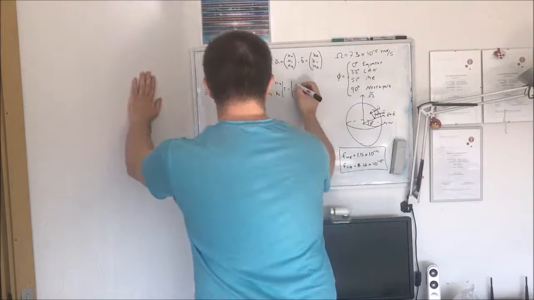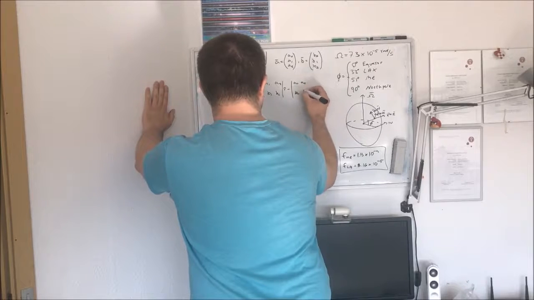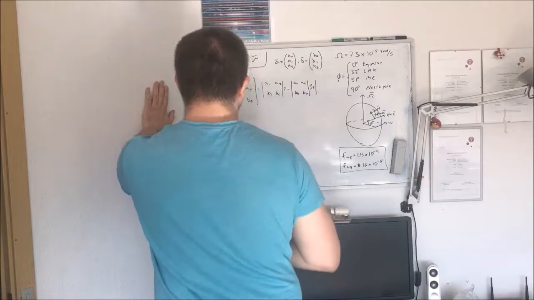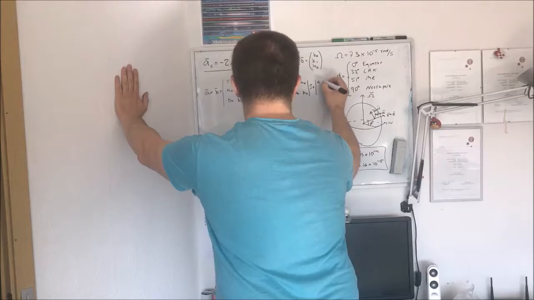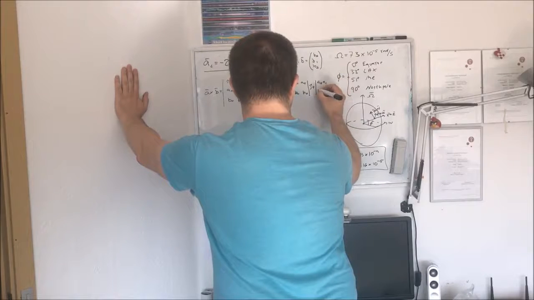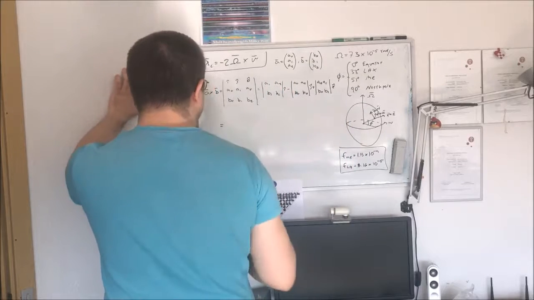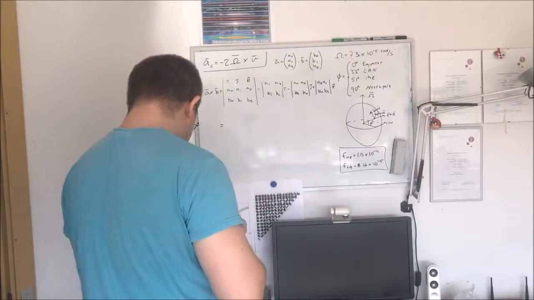So for J hat, we get A0, A2, B0, and B2, J hat, and finally plus, running out of space, I'm doing the same with K, so I get A0, A1, B0, B1, K hat. And now I have the ability to solve this as I would with a normal